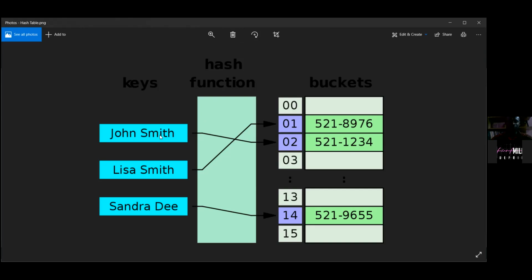So every John Smith will go into this memory too. That simply means that every particular key has a specific location where it must be stored. It cannot be stored elsewhere.